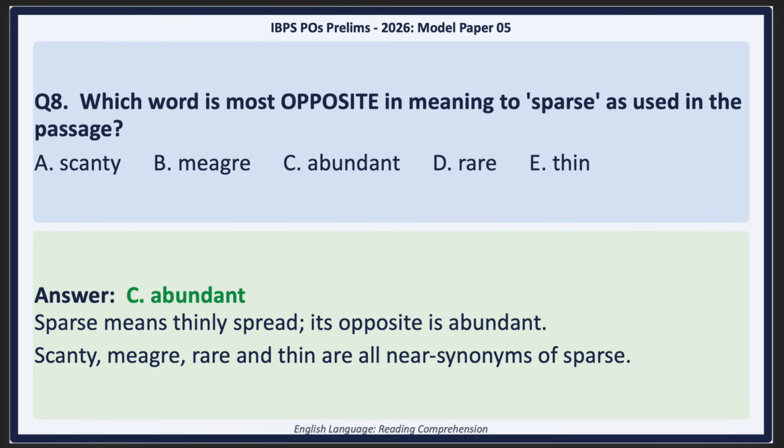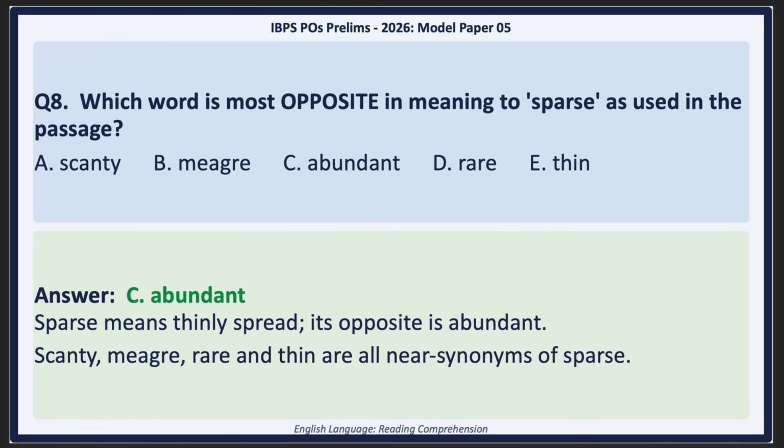Rare, thin, scanty. They're all provided as options. Under time pressure, a candidate's brain naturally seeks a synonym. It evaluates your psychological discipline. You have to force yourself to reverse the search and find option C, abundant. Wow, that's incredibly clever. All right, so we've looked at how whole paragraphs can trick you.